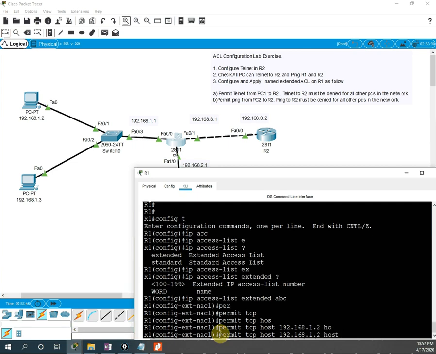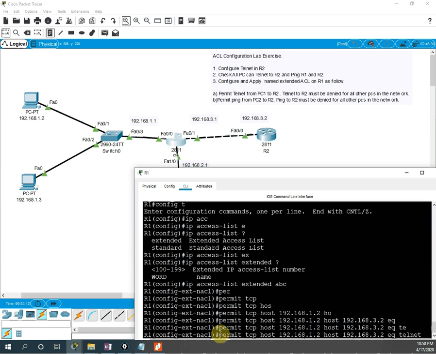Because it is only one device, I will write 192.168.3.2, because the IP address of the router is 192.168.3.2. So I am permitting this. Then after that, the operator eq, then telnet.